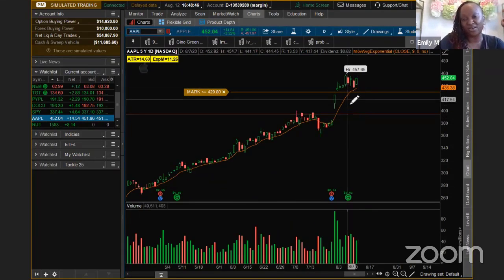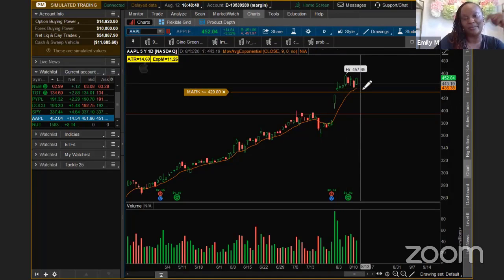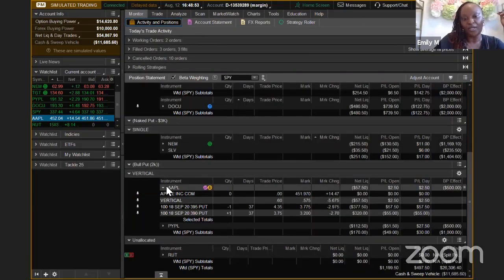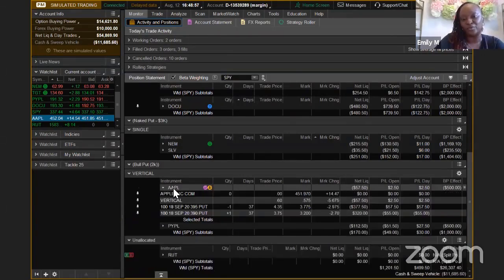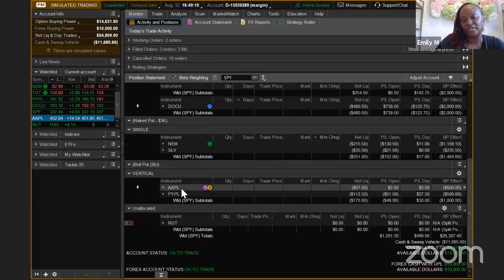Now this, I'm not looking to take on assignment, but it's above the 9 EMA, so I'm just going to continue writing this. But once it gets to how you start to look at the adjustment of the trade is like, okay, so you come up with whatever rule is. Usually I go 75% or 80% of the net credit, I'll take profit. So once again, we're still quite a ways from that since it's a fairly new trade that we just put on. But I'll keep looking at the account statement every single day to look at the trade and decide when to take profit, because I want to be able to recycle that same capital to put onto another trade. PayPal,